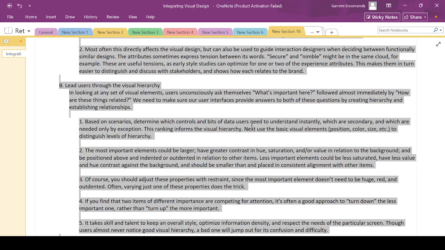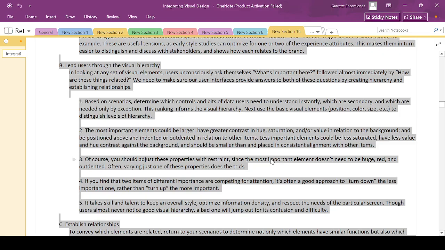Lead users through the visual hierarchy. In looking at any set of visual elements, users unconsciously ask themselves, what's important here? Followed almost immediately by, how are these things related? We need to make sure our users' interfaces provide answers to both of these questions by creating hierarchy and establishing relationships. So you need to answer those questions to the user for them to easily get the point, and not